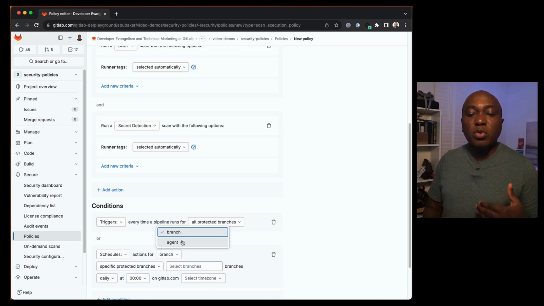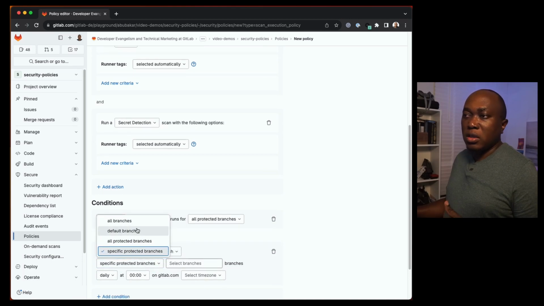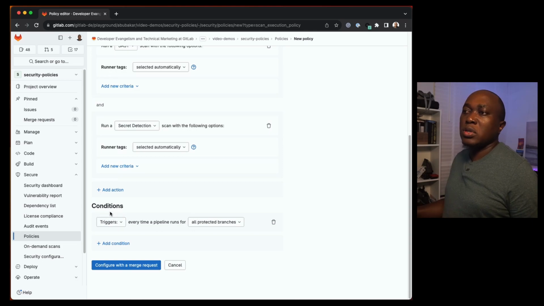Which means, for example, you want applications that have already been deployed to your cluster to be tested, you can specify it there. But in our case here, we'll be using branch. Now, here we can also specify specific branch or all protected branches. It should run against them. But we can specify a branch name here, or let's just say the default branch. And we can set when it should execute, daily or weekly at this particular time. Now, so let's leave just the